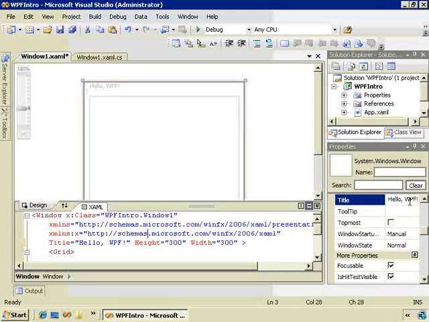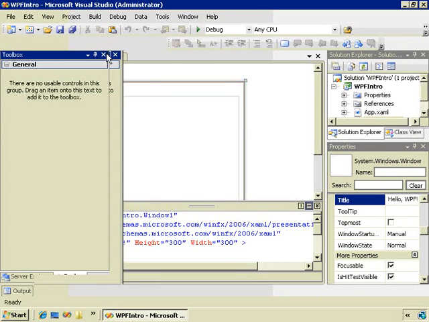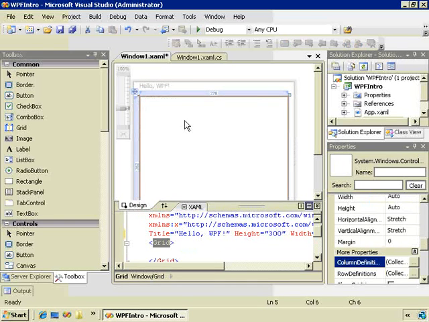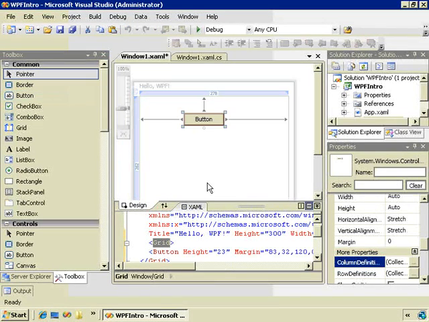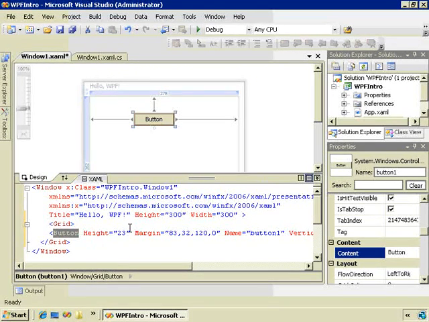Let's put some controls on here. Let me show the toolbox window, which right now shows nothing at all. Why is that? You need to click in the design surface so the toolbox knows to display controls for WPF forms. So I'll put a button from the common selection onto my grid. Let's look at its properties. I'll hide that window for now. Let's make this a little bigger. And we can see here,